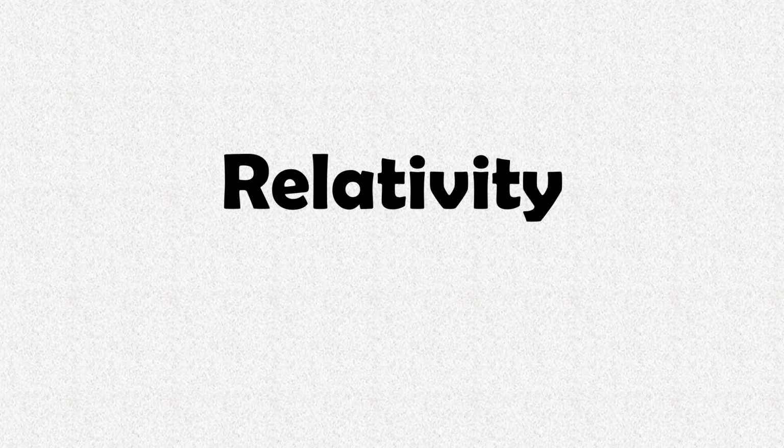Today we're going to start modern physics by looking at relativity. There are two big parts to modern physics, relativity and quantum mechanics. Both have been proven over and over again, but relativity and quantum mechanics are incompatible with each other. That is probably the biggest problem in physics today. So let's start with relativity.